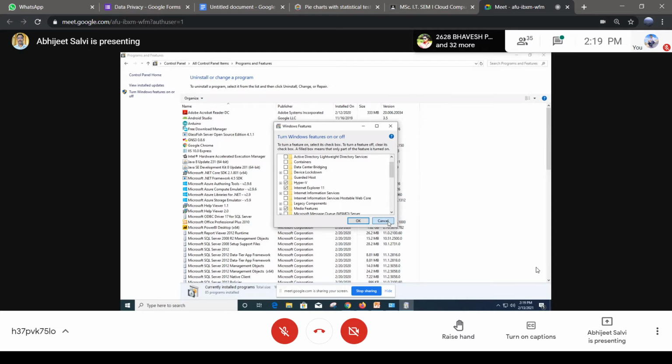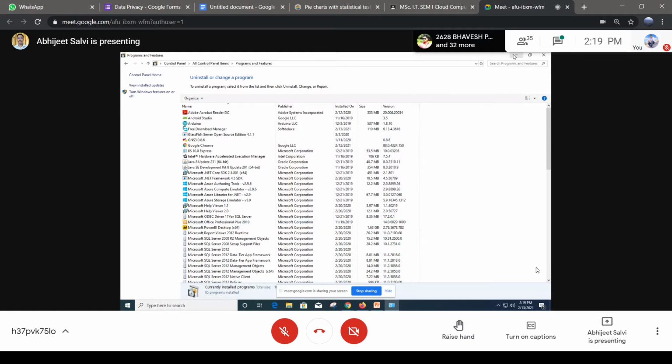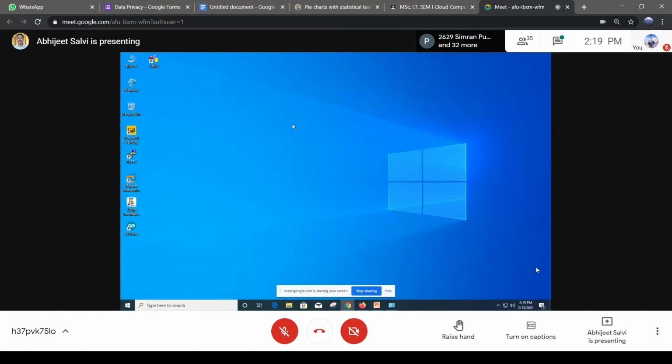It will take around 2 to 3 minutes to install those Hyper-V tools, and then it will prompt you to restart and reboot your machine. You have to reboot, then that update will be reflected in your operating system.